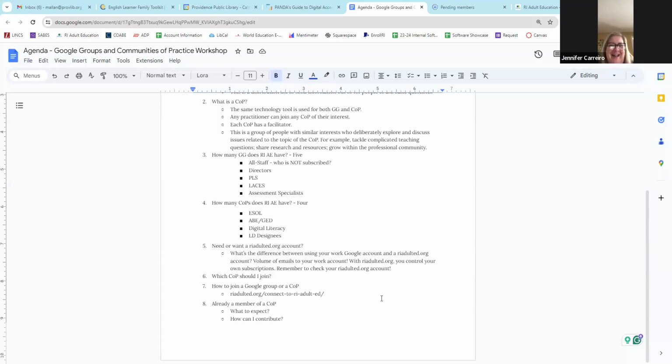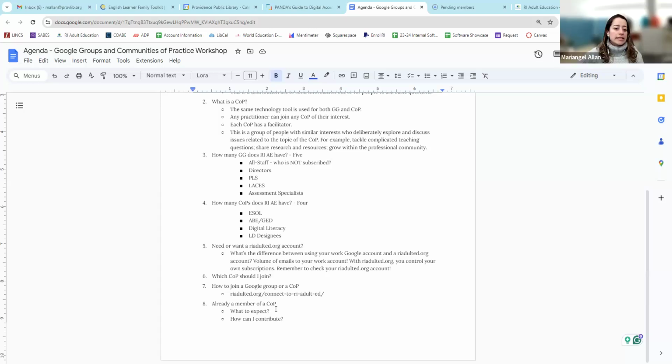I think the all staff one. Okay. Now, looking at the Google groups, only the Google groups, is there any other that you think that you should be a member of according to your role in your particular program? No, okay, good. So you're on the all staff, that's very important.